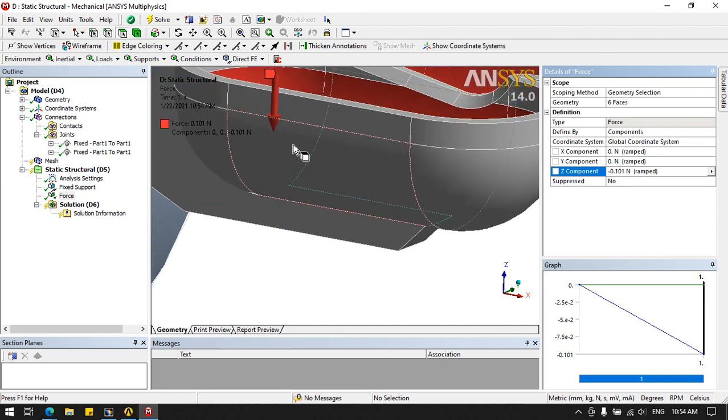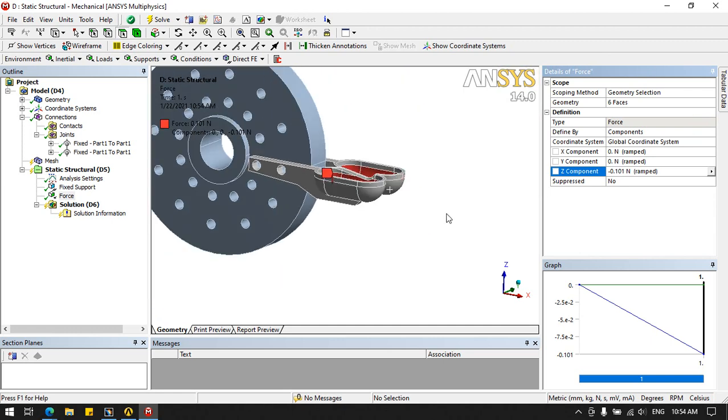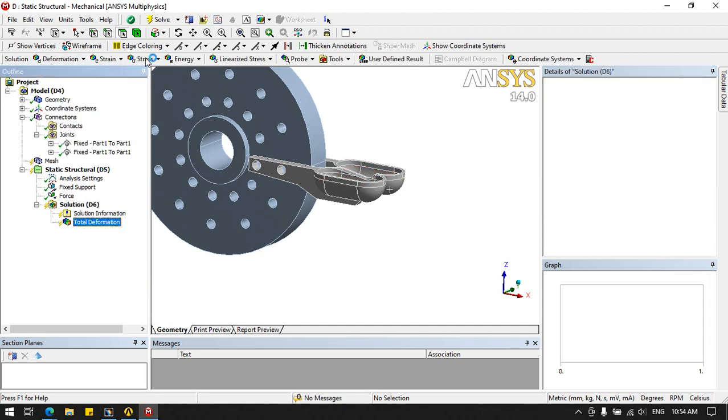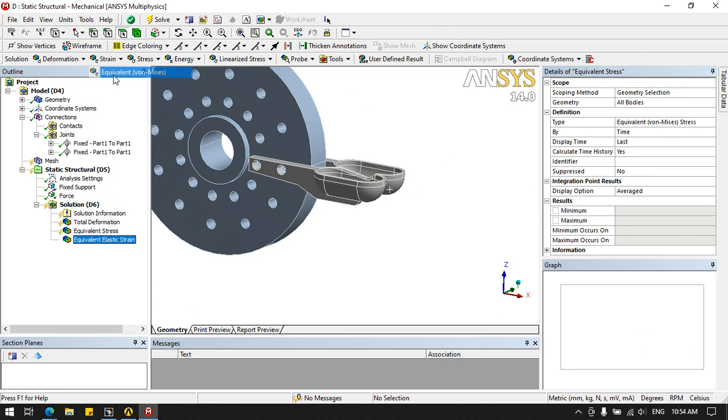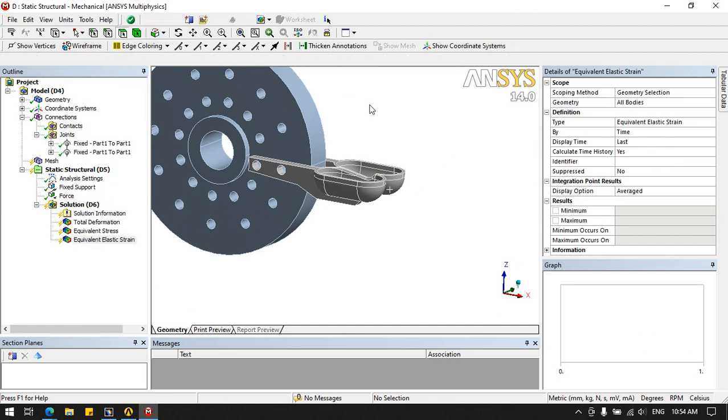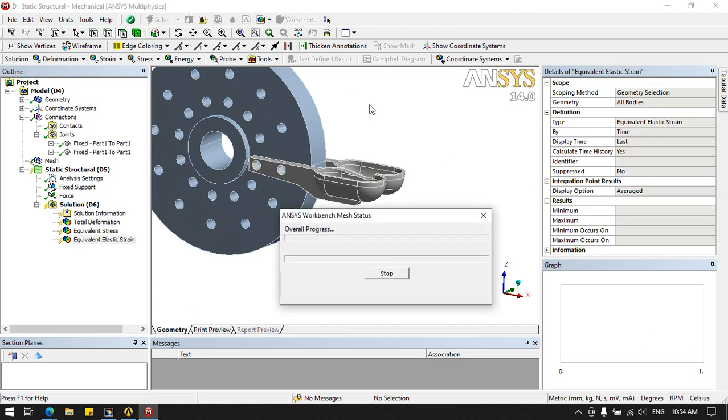Then we can see small arrows coming in the downward direction. Negative means negative direction, that's it. Once it's done, just add the deformations, stresses and strain. Solve it so that I can see the stress over the turbine.